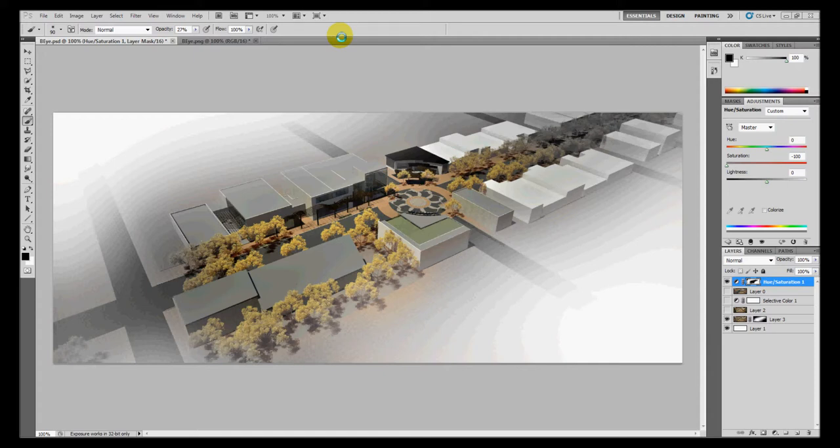We talked a lot about different ways to pop contrast and color and things like that. And we also talked a lot about layer masks and a little bit about adjustment masks. So this is sort of a run through of that. This is a finished product. Well, it's not really a finished product. It's very much work in progress as far as the design and rendering goes, but finished product as far as where we're wanting to go with the